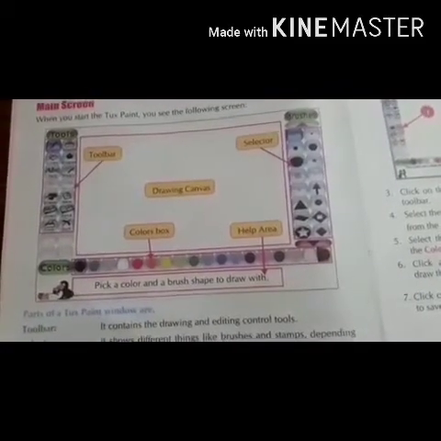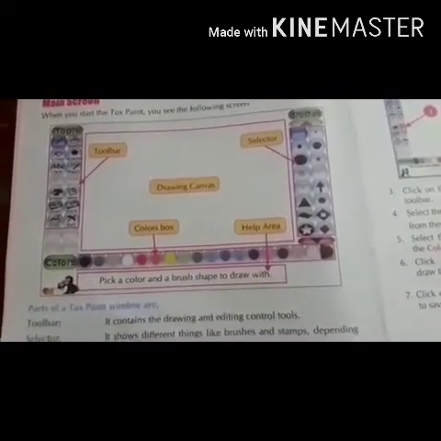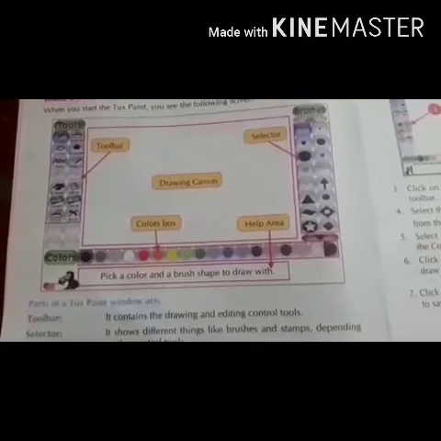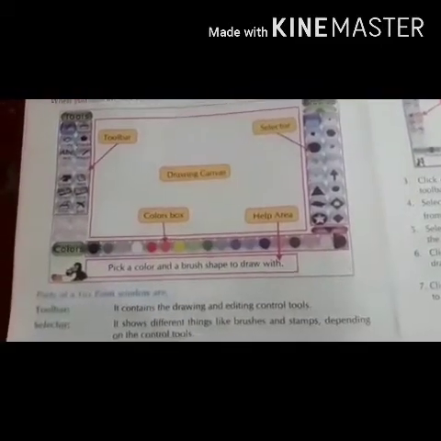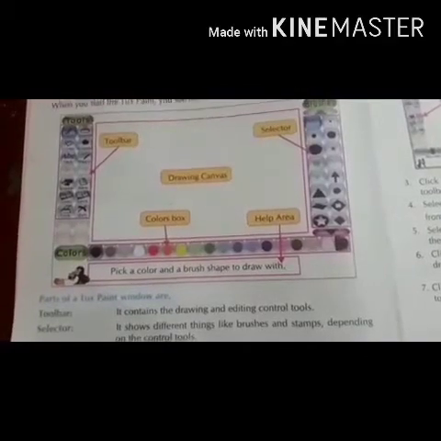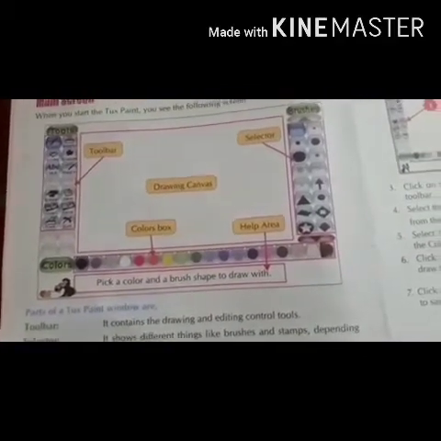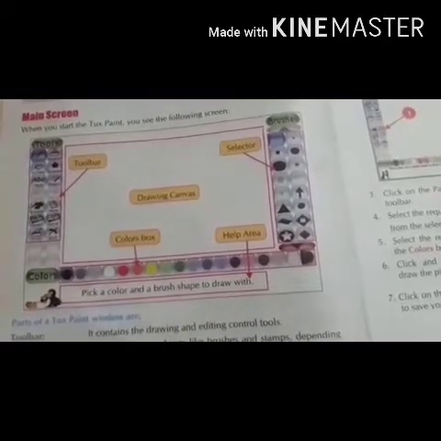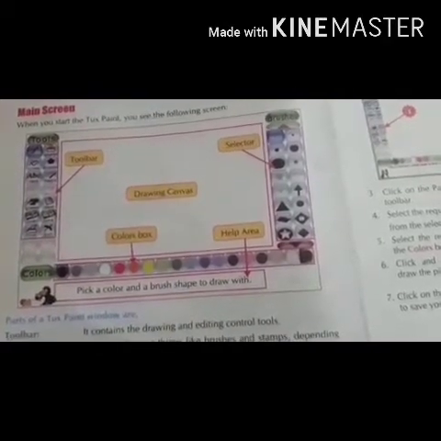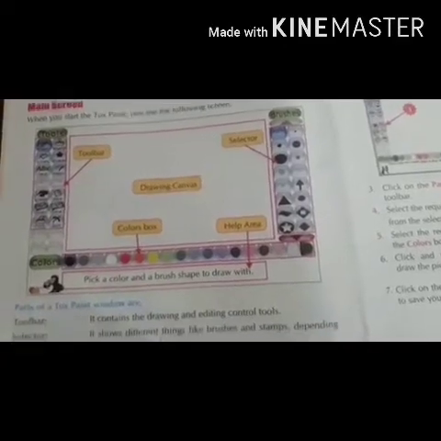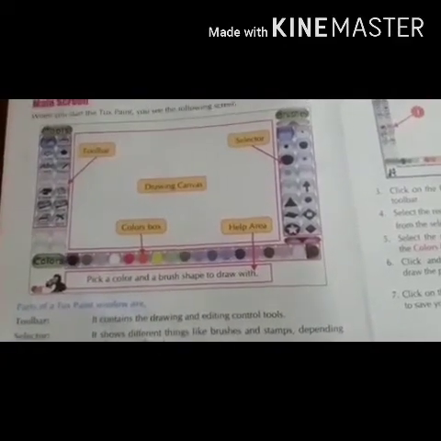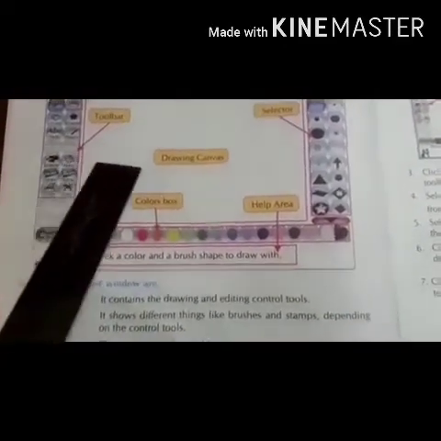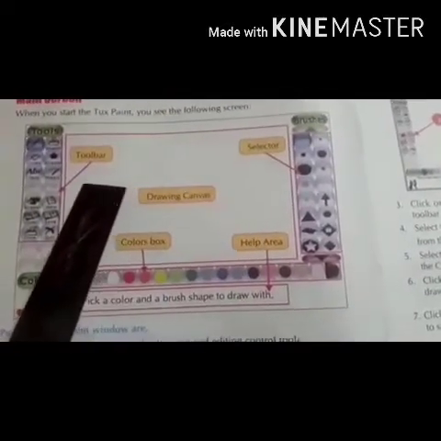Help area provides us tips and information about the Tux Paint program when we are doing the drawing. And last, drawing canvas. The drawing canvas is the largest part of the screen, in the center of the Tux Paint window. Understood? Okay.